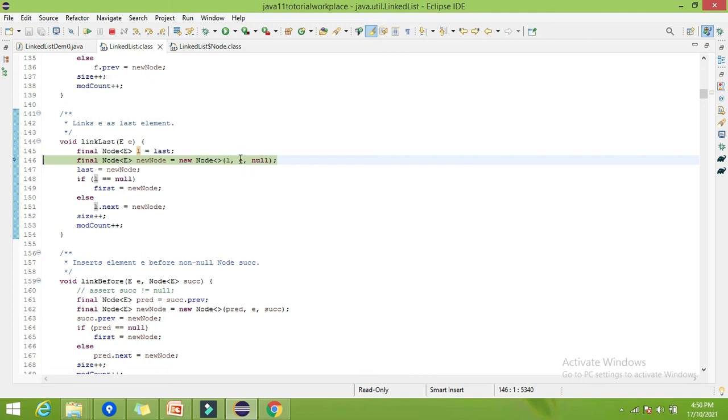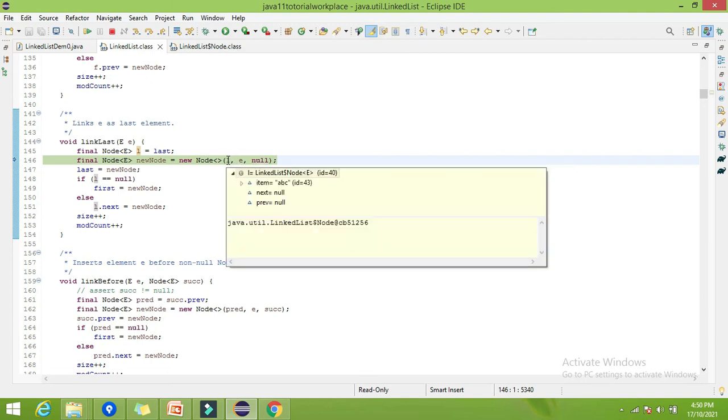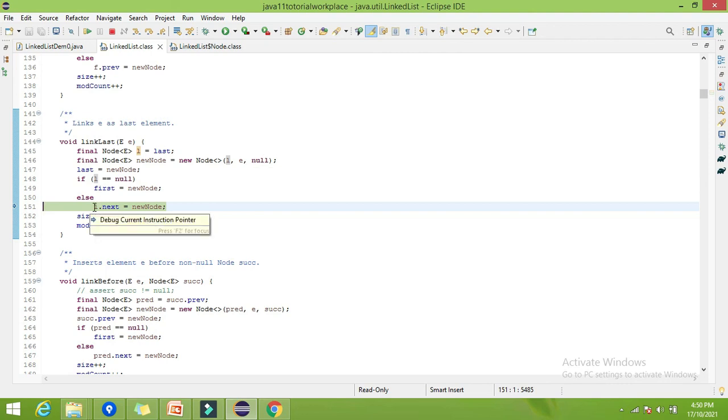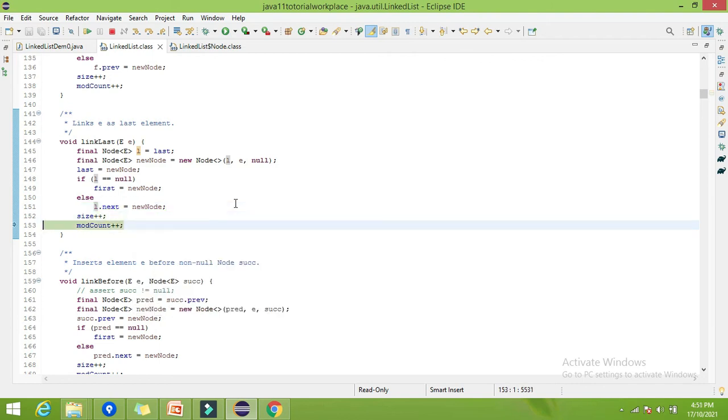So e is the pqr, previous element will be abc and next will be null, because it is the last element now. Let's go to next. The last element will be the newly created node. Are we adding for the first time? No. So what is the value of last? abc. So abc's next will be the node we are creating, that is pqr. So abc's next will be pqr. That's it. In this way is the internal implementation of the linked list.